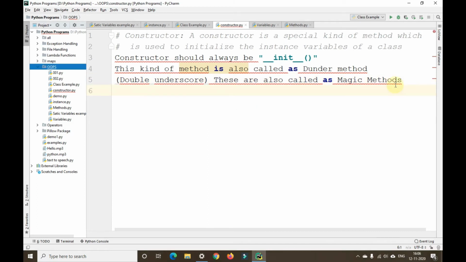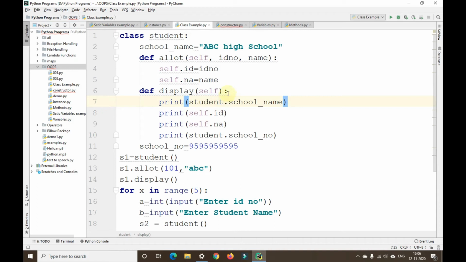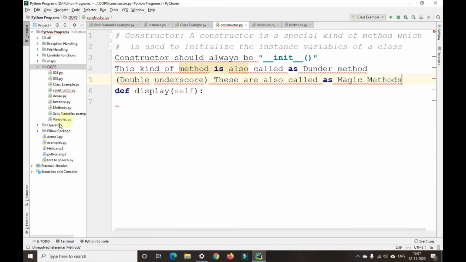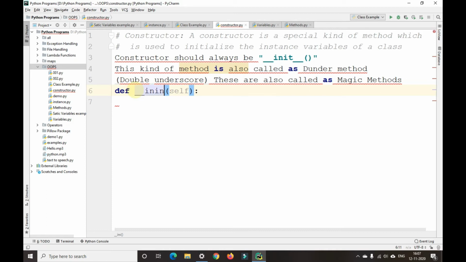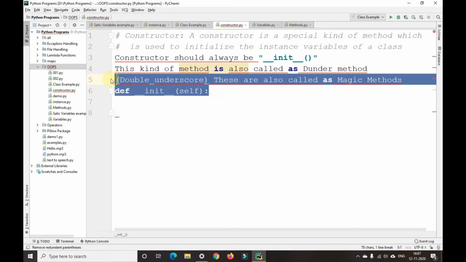So similarly, like the instance methods, a constructor will also have a default parameter called self. Like we have an instance method here, def display self. Similarly, in the same way, we'll also have underscore underscore init underscore underscore. So this is the constructor, guys. This is how we define a constructor.